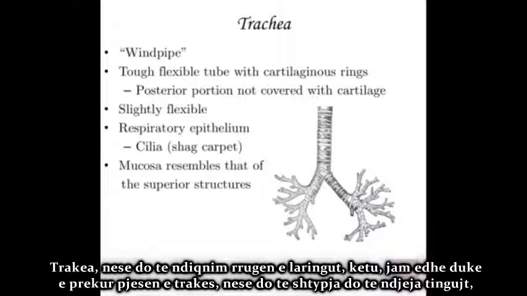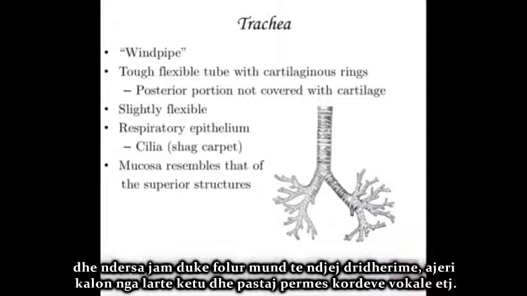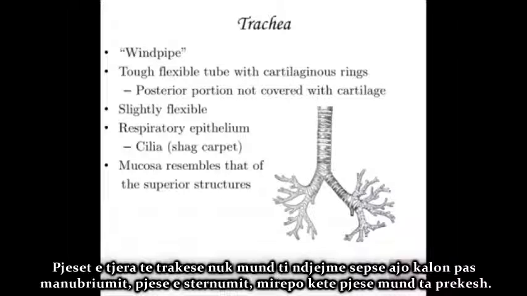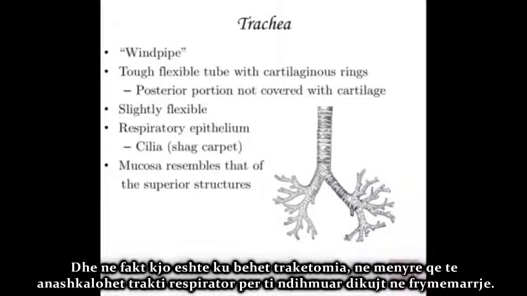So the trachea, if you follow the path of your larynx, right here, I'm actually touching part of the trachea. If I press in, not too much, because I don't want to suffocate myself, but a little bit, I can feel little rings here. And as I'm talking, I can actually feel vibrations, air going up here and then through the vocal cords. The other parts of the trachea you can't feel because it goes behind the manubrium, this part of the sternum, but you can touch this part. And this is where they would do a tracheostomy or tracheotomy to bypass the upper respiratory tract to help someone breathe. I'll talk about that more in a sec.